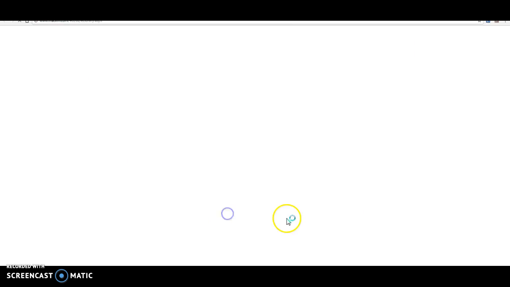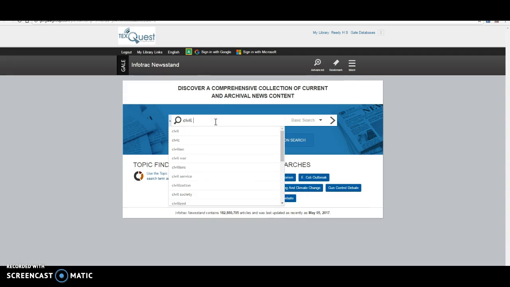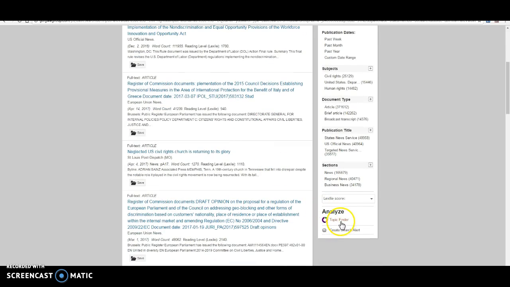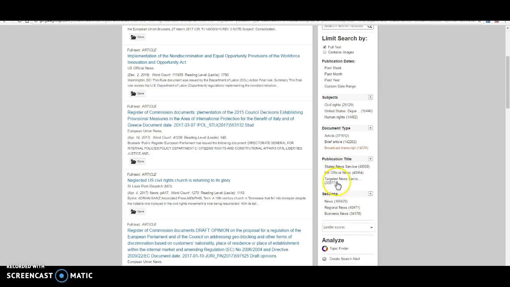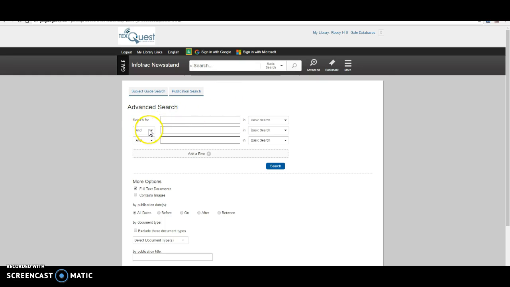Infotrac Newsstand is going to be primarily news and information sources. So this one you're going to want to, you can put in a general topic and then you can use the topic finder again that's down here, but you'll notice that there is just a gazillion news pieces on this. So this might be a database where if you have a very broad topic where you narrow it down either with your topic finder or by doing an advanced search and putting in civil rights and 1964, not Birmingham, whatever you're trying to narrow it down to,